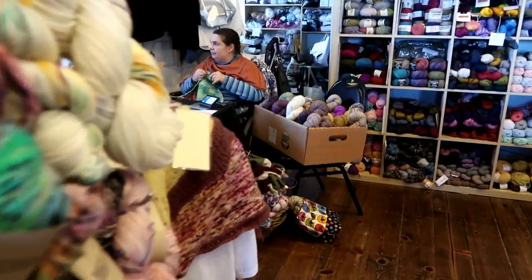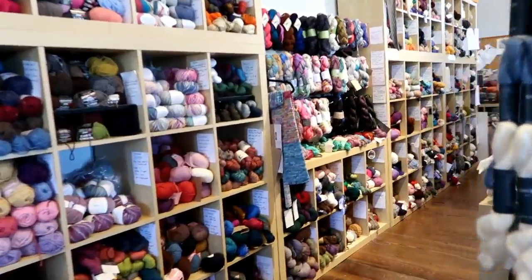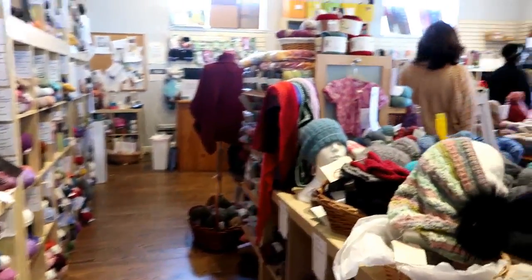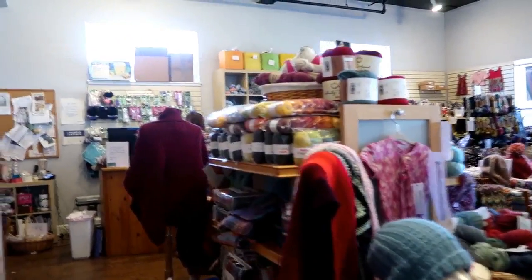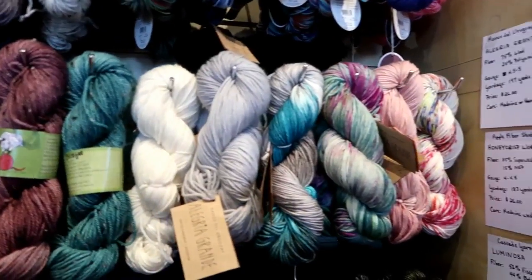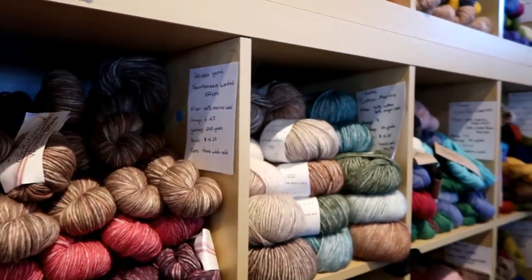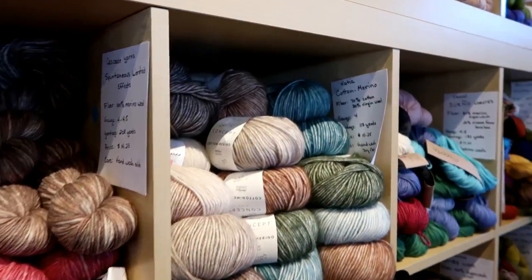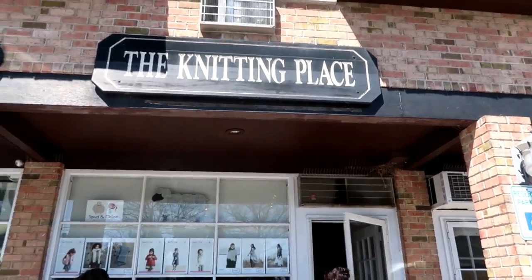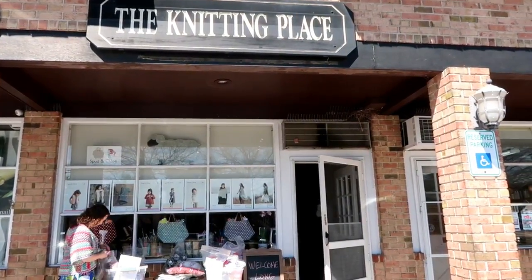Some Madeline Tosh. And I am actually going to go up and pay for this Cherry Blossom because I have been looking for this for socks. So this is the store Knit in Roslyn. And we will see you at the next stop, which will hopefully be the knitting place in Port Washington. See you then. So we're at the knitting place, which is a yarn store in Port Washington